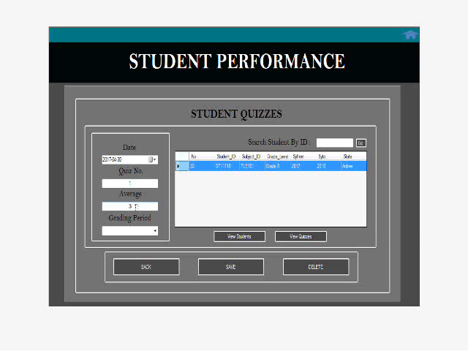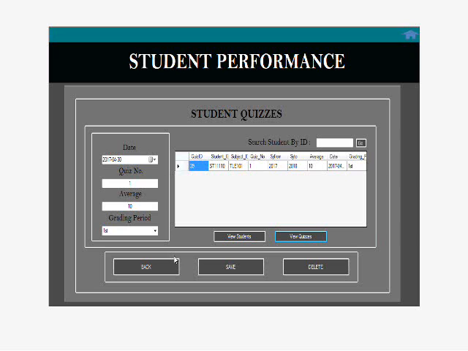Let's make it 10. Grading period is first, and just click save. Successful. So if you want to see if it is really added, just view quizzes. So there it is. Student 111110 TLE quiz number 1, school year 2007-2008, average 10, first grading.